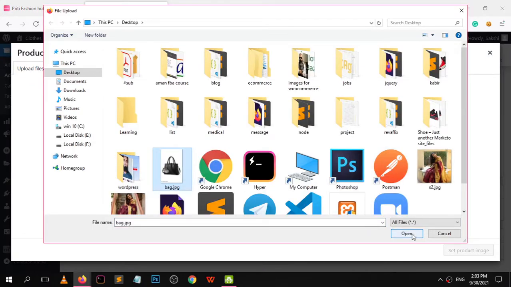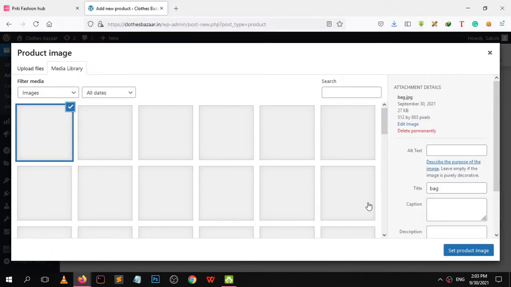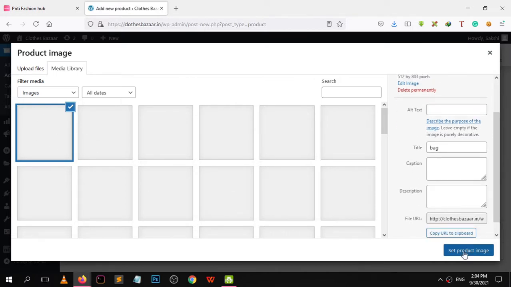Here it is, product image. It will take a little time depending on the internet connection. Set product image.